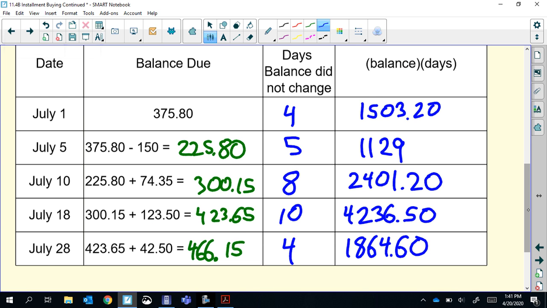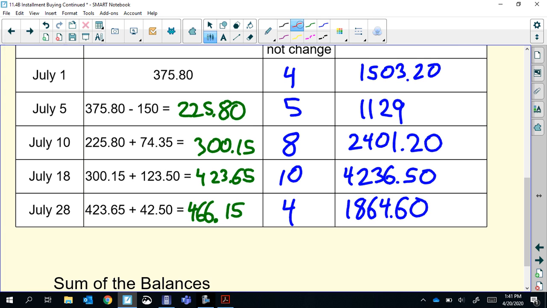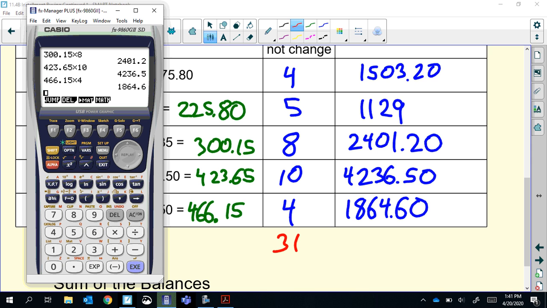So to finish this, we're going to figure out the sum. This would be 31 days, July 1st through August 1st. That's 31 days, because July has 31 days. We're going to add up all of these totals that we had. So the 1864.60 plus the